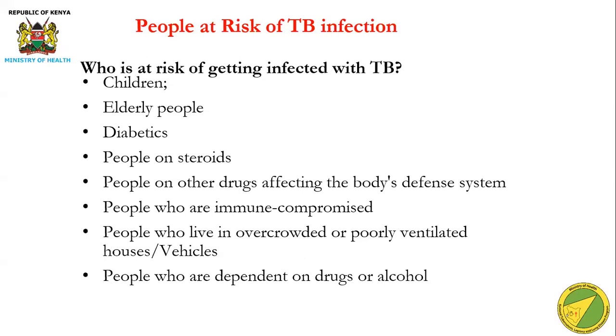Sometimes people might travel in a vehicle which is crowded. For example, our public service vehicles, the matatus, where instead of 10 people, maybe 18 or 20 people will be traveling. If there is anyone who has active TB, then those people are exposed to TB infection. Also, people who are dependent on drugs or alcohol, especially those who share needles, active drug users who are injecting themselves with drugs, could